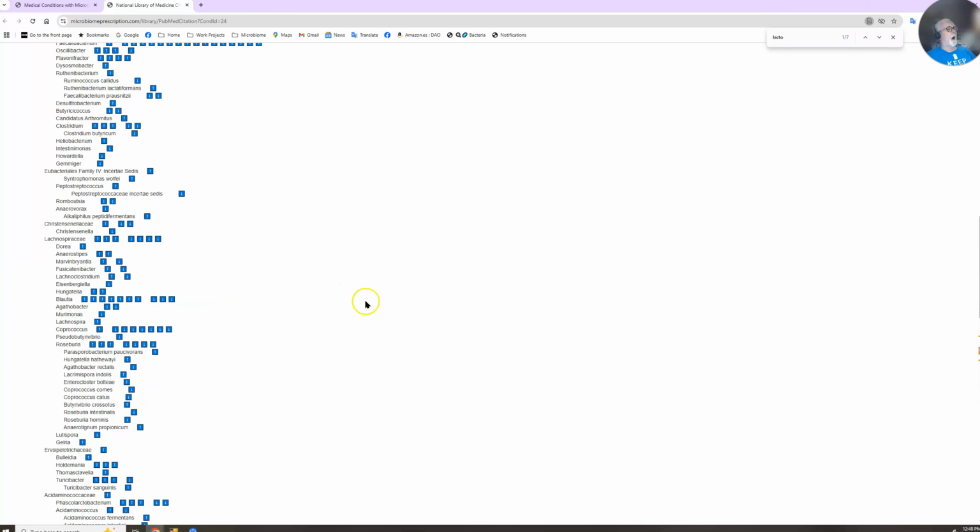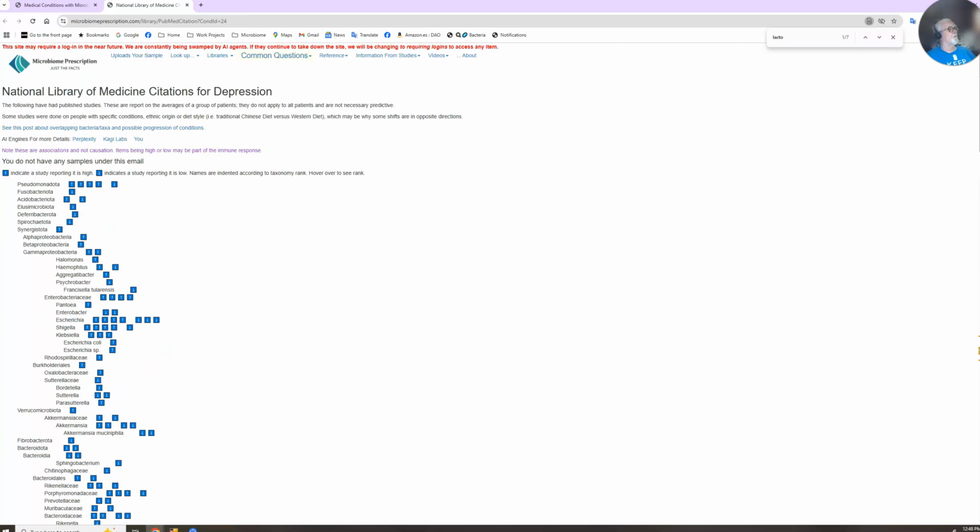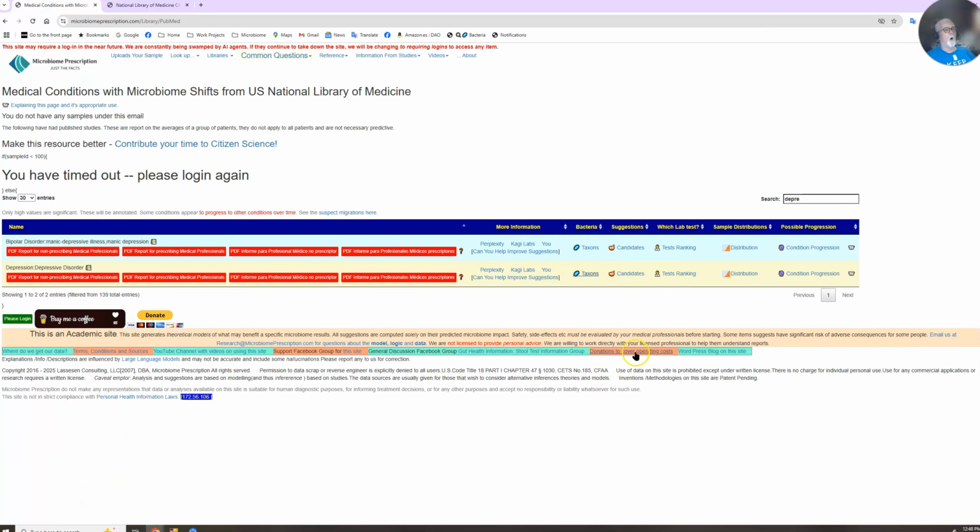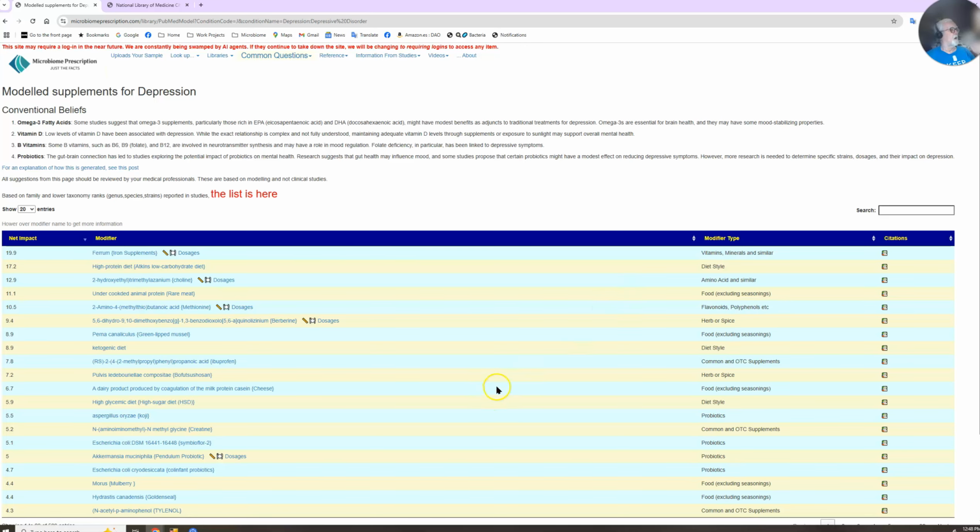However, that's not the only aspect. If we go back here, we take a look at all those bacteria, and we can now use our expert system engine to say, okay, what should you be taking or what should you know. This is, again, all done a priori, that is without actually using a microbiome test. So it is sort of, okay, you have the symptoms, you want to deal with it, you may have already done a test or haven't got the results, or you're not sure you want to do a test, whatever. This will give you the list of items there, and it spells out things.